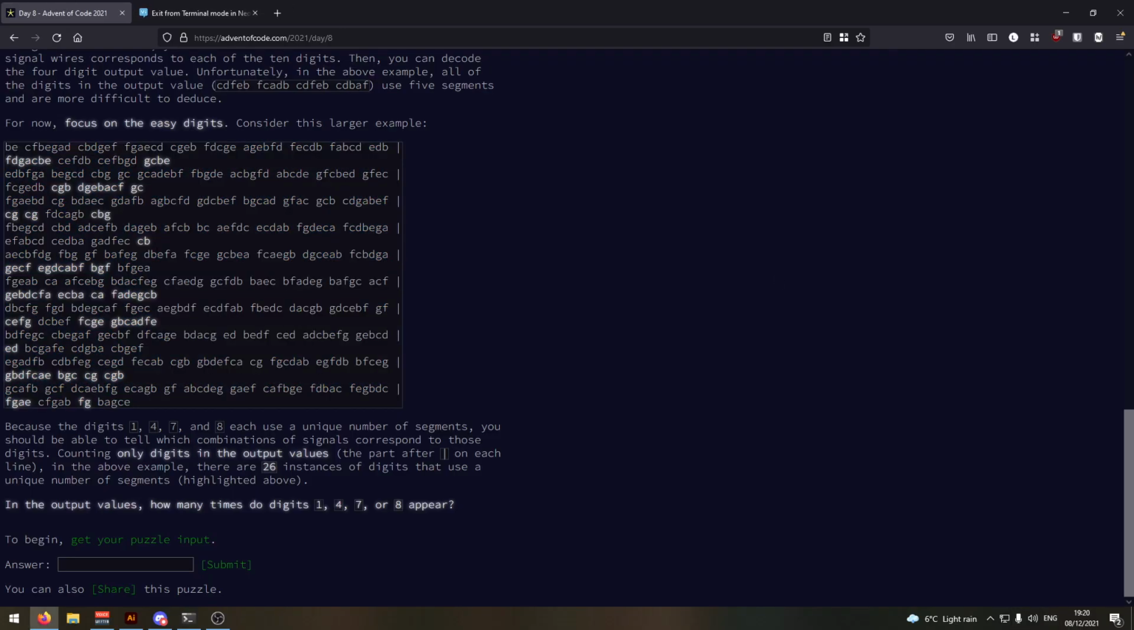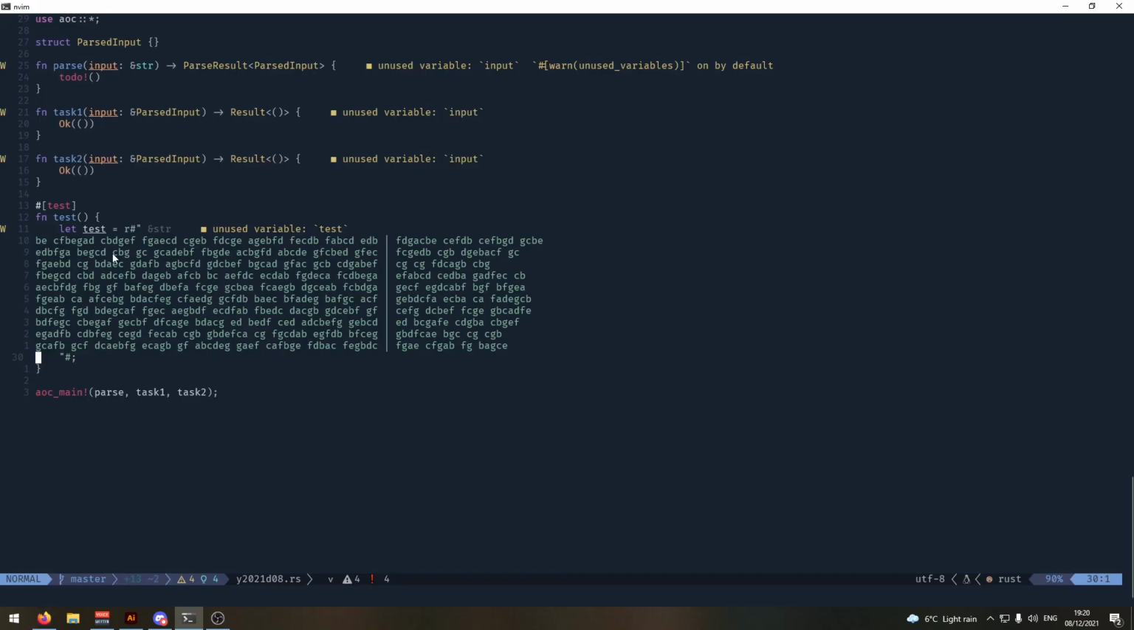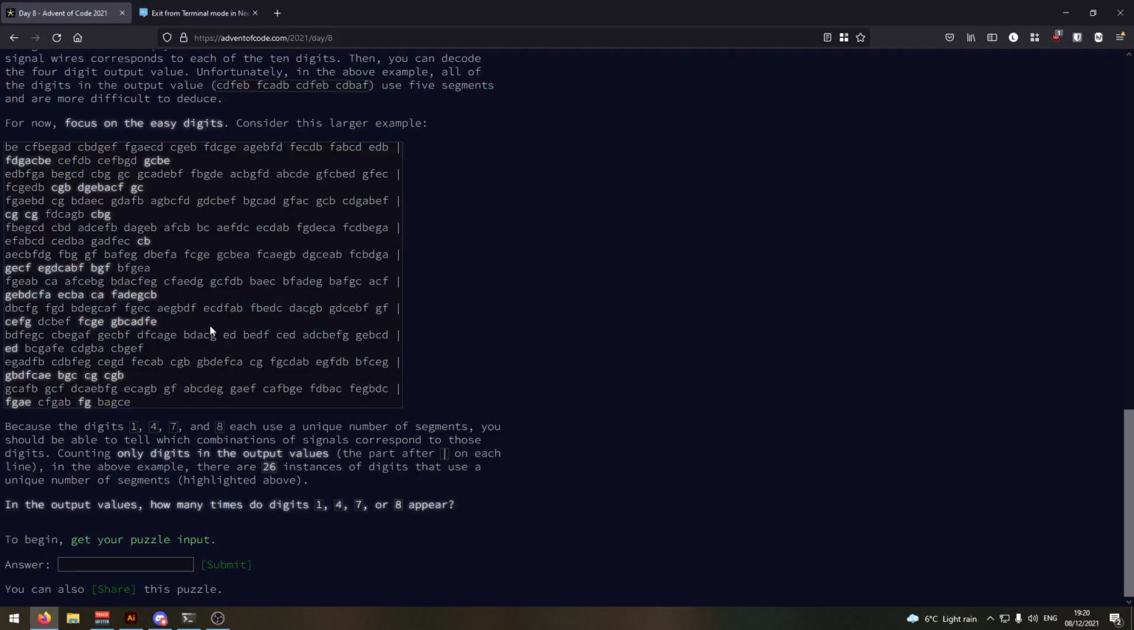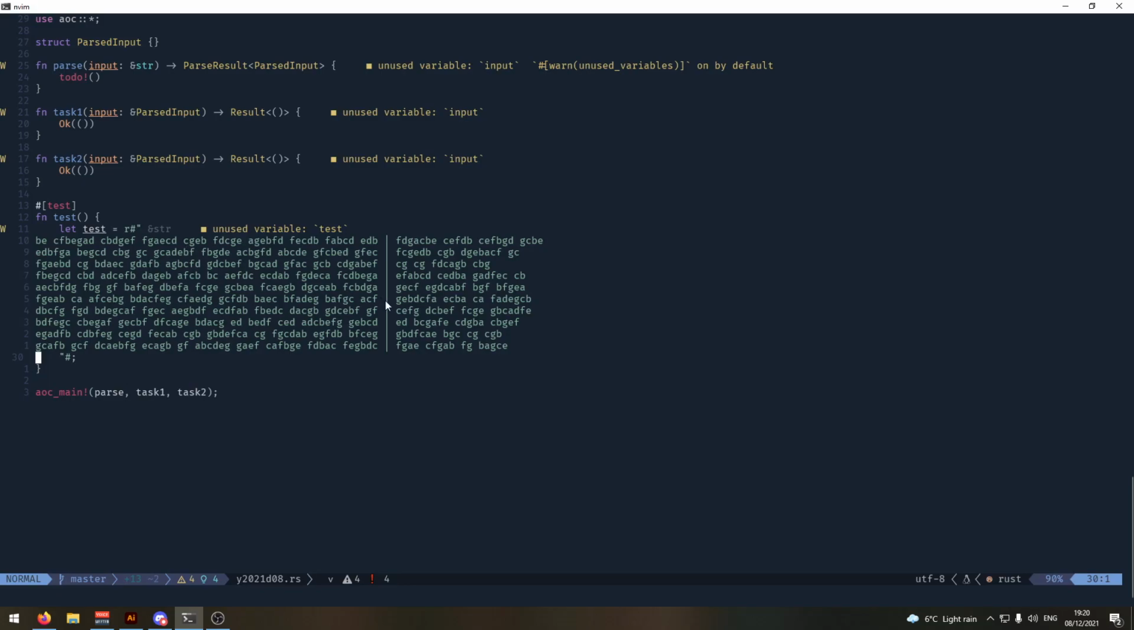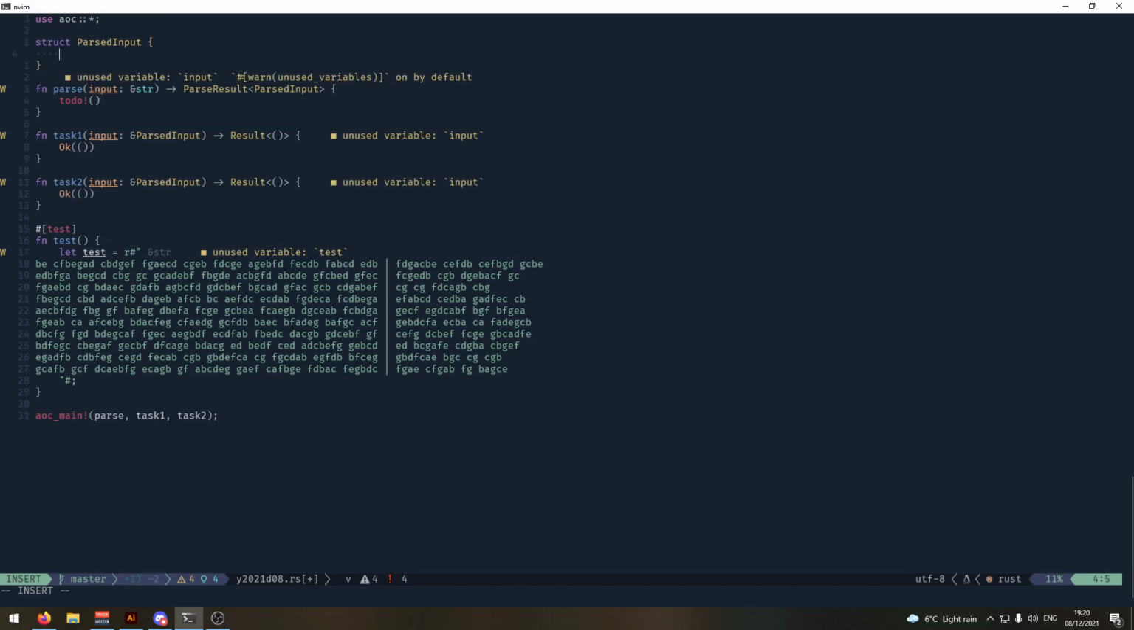So that is our input here. Same format that we're getting it here. Okay. So task 1 is a lot easier than task 2, but I'm going to try and build the input in a way where doing both of them is possible. So what we're going to do